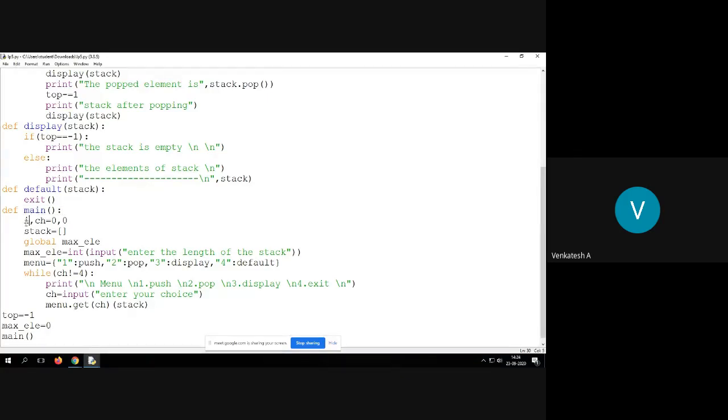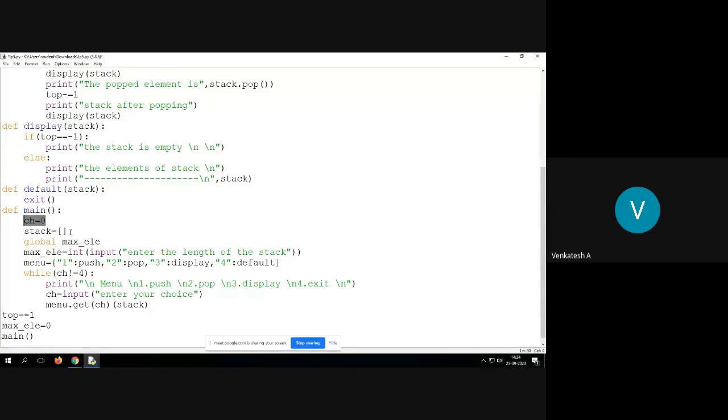Then whatever local variables are required, I am creating i. Okay, i is not required. Here I have not used i. choice is equal to 0, that is good enough. Then I want the choice to be entered from the keyboard. So initially the default value is 0. That is the indication that choice is an integer variable. I am initializing it to 0.